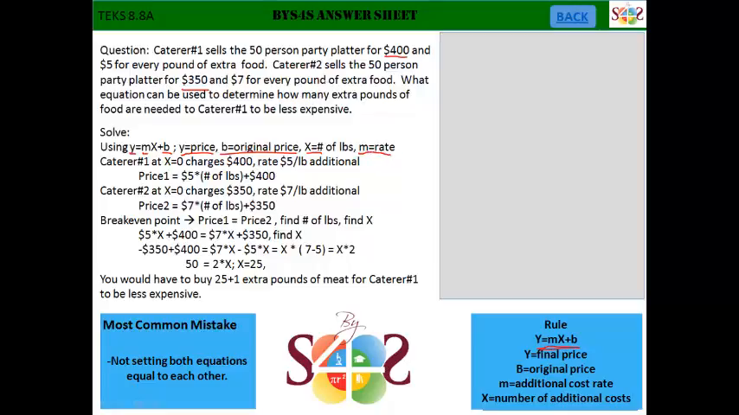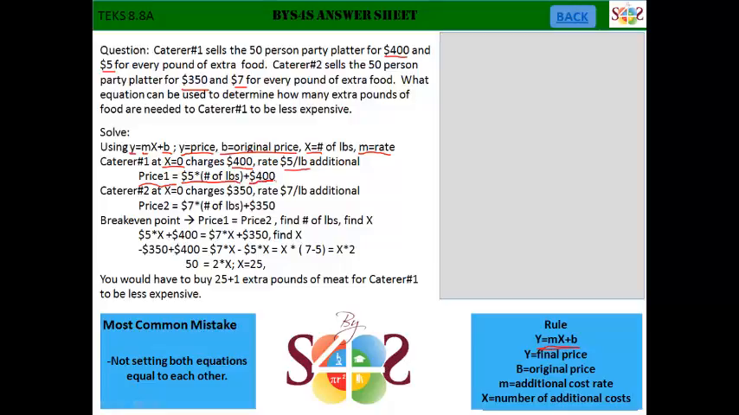every pound of extra food is going to be charged at $7 for caterer number 2, and $5 for caterer number 1. So for caterer number 1, our x value is going to be a variable, and the original charge is going to be $400 at a rate of $5 per pound. So our equation is going to be price 1 is equal to $5 times number of pounds of extra food